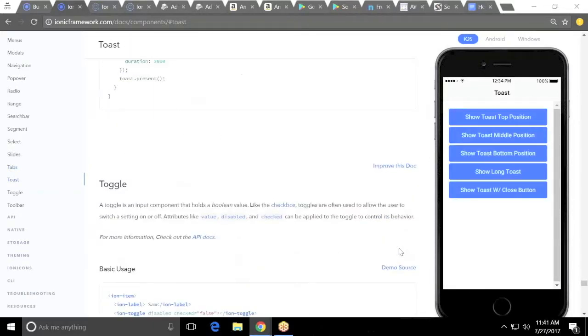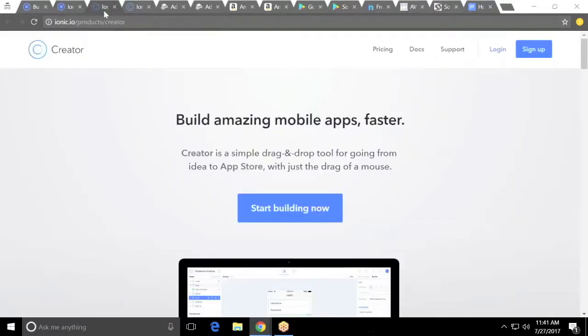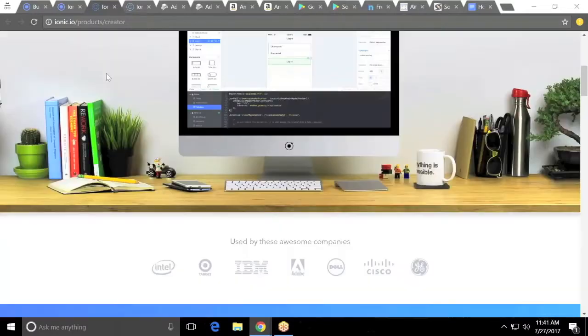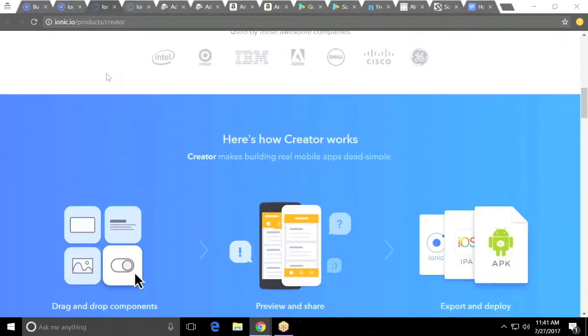This is all made with an add-on to Ionic Framework called Creator. It's an online tool where you drag and drop buttons, tabs, and images, and then you download a whole zip of all the files: the JavaScript, the Ionic Framework, and all the HTML that it generated for you. So the Creator,